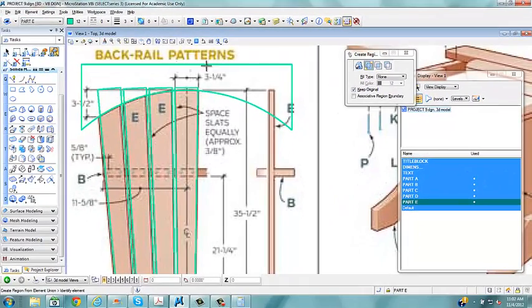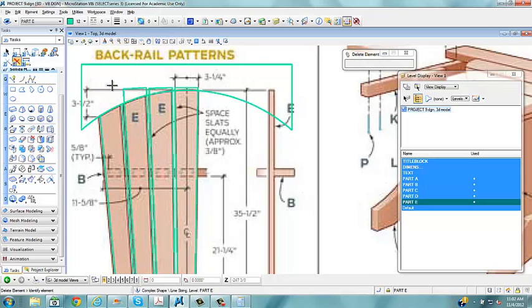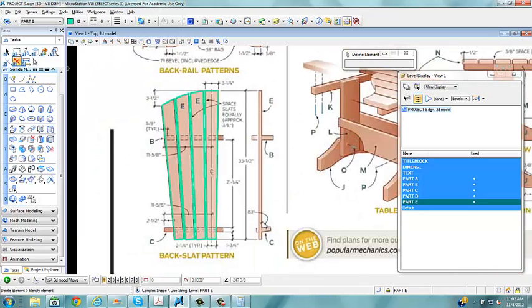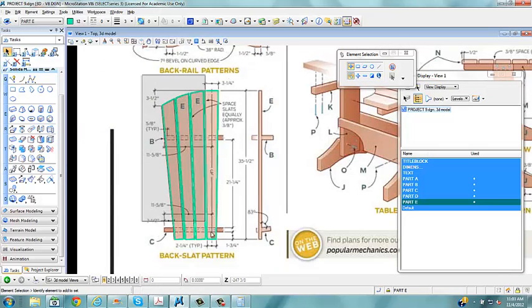I'll just say keep original just to see if it works. So it doesn't look like anything's happening, but if I actually take my delete tool and delete this, this, this, and this, and this, there's my 4 slats. And we're going to take these,